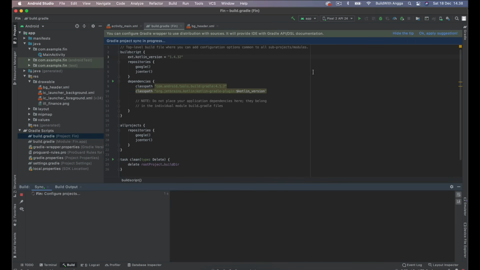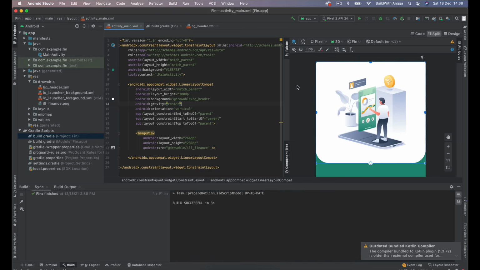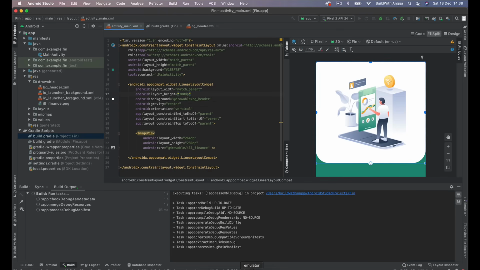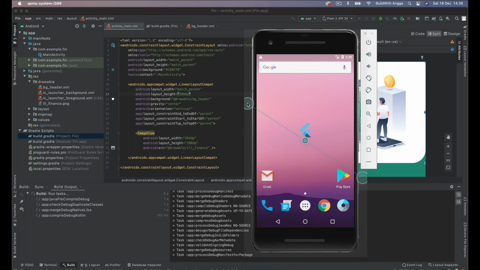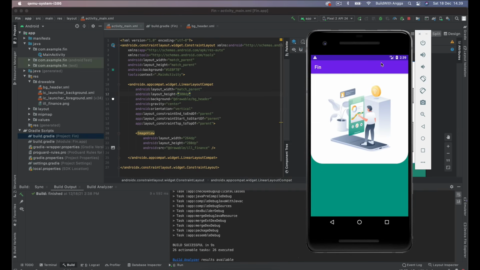But if you haven't found any problem like this, that's fine. It doesn't matter with the design. Actually, it was only for the programming language. After that I just want to ignore it at this moment and try to run it again in this emulator. Okay everyone, so this is our progress and this is very good.